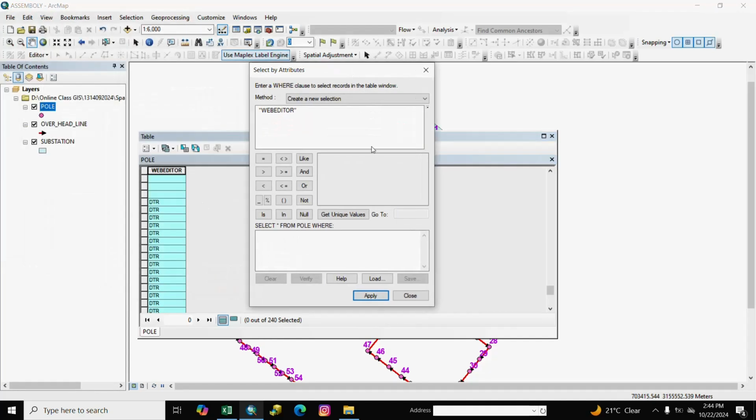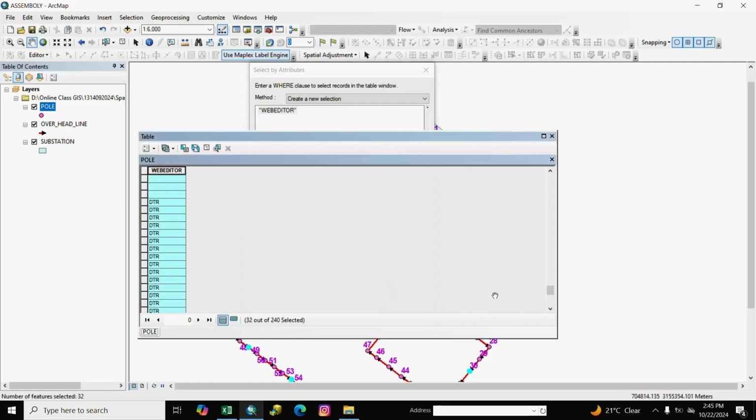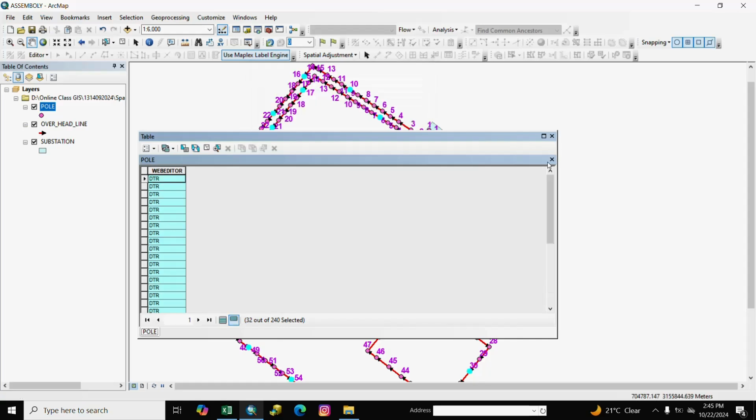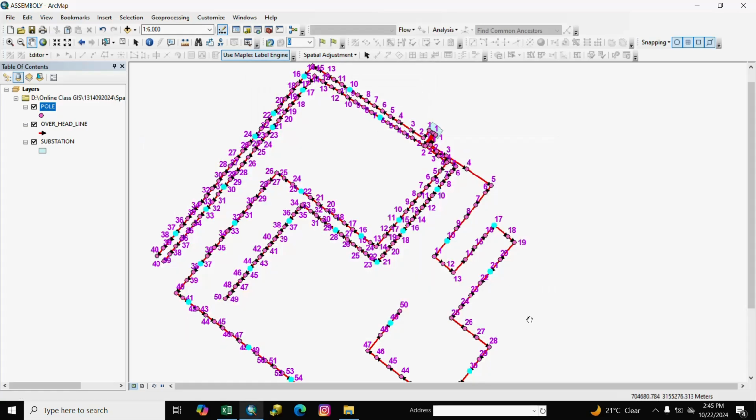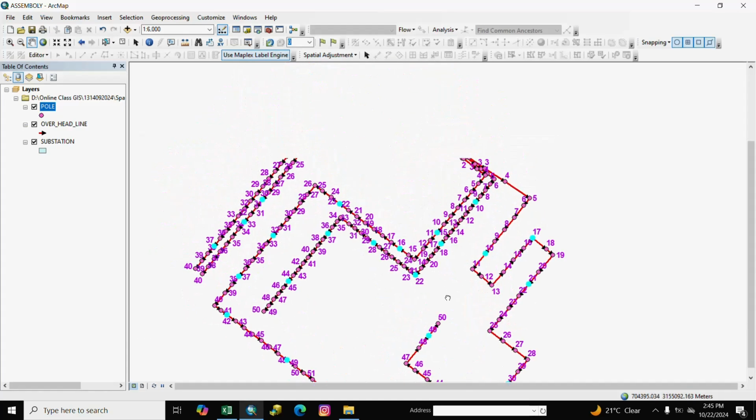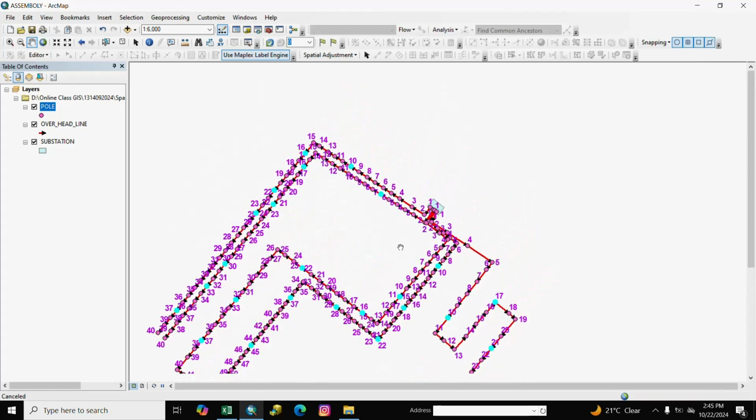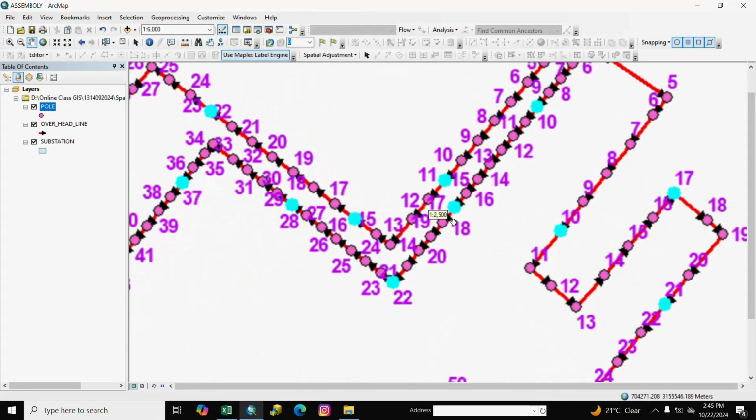We go to select by attribute and select equal to DTR and apply. We select here DTR pole. DTR pole is here, highlighted.